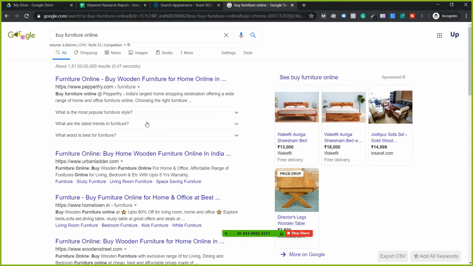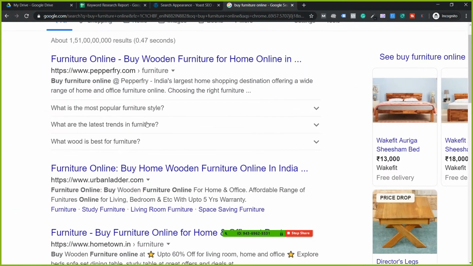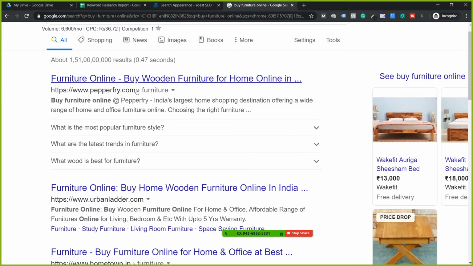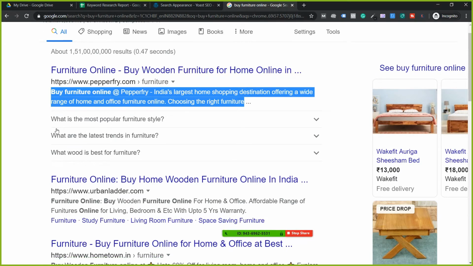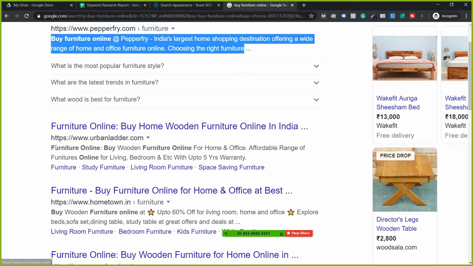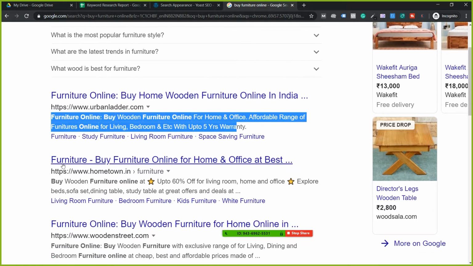Guys, understand the concept. Now this is called the SERP, the search engine result page. Okay, so you see here the first hyperlink, the blue colored text, is called the page title. The second one is called the URL. It's also called a permalink. The third one, the two lines you see here, is called the meta description or just description. Okay, I repeat again: title, URL, description. This is what you usually find in pretty much every page: title, URL, and description.